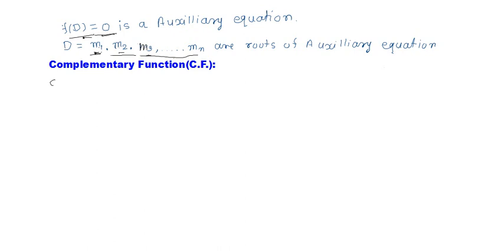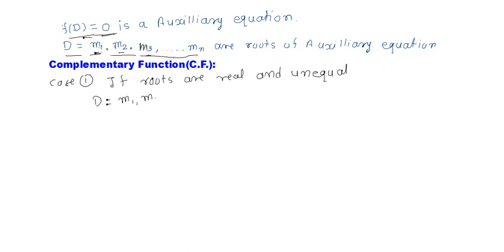Case number 1: if roots are real and unequal, consider these roots D equal to m1, m2, m3 up to mn are real roots and unequal, then CF is